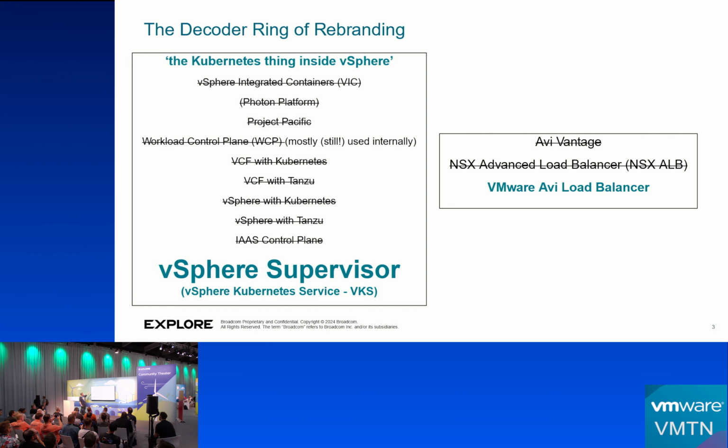Yeah, so whoever did something with Vic? Ah. And who's heard of Photon Platform? Not OS, Photon Platform. Yeah, this is old school stuff. Anyway, vSphere Supervisor, or just the service inside the supervisor that makes the clusters, we'll just say VKS, and that's great. It's short. It's VKS. It rolls off the tongue. The AVI is back to being called the AVI, by the way, just so you know.